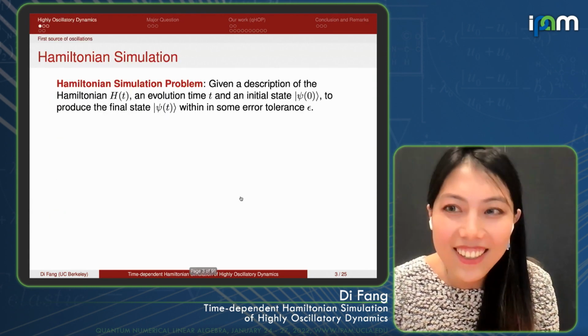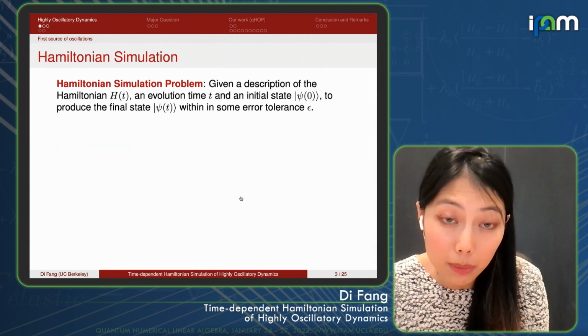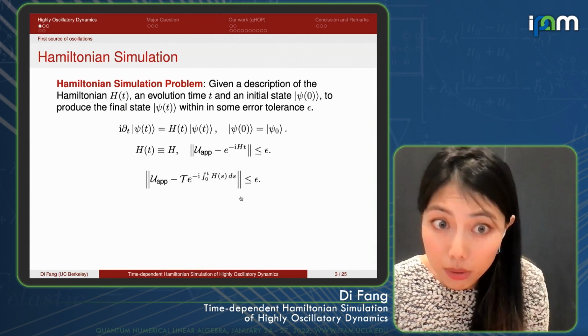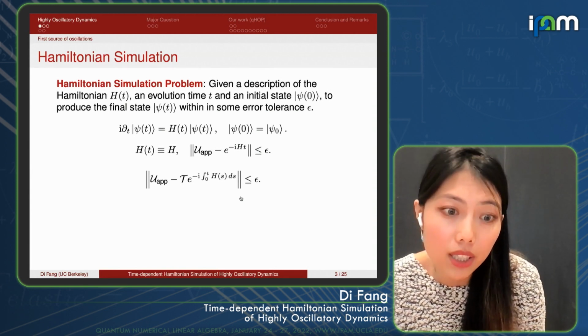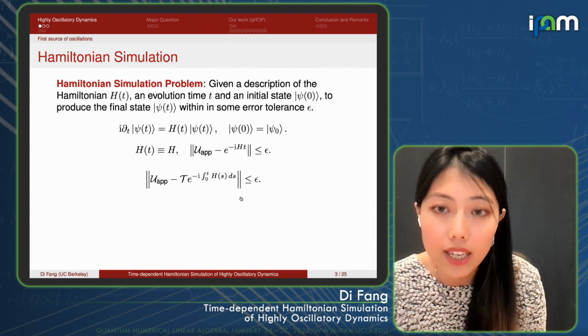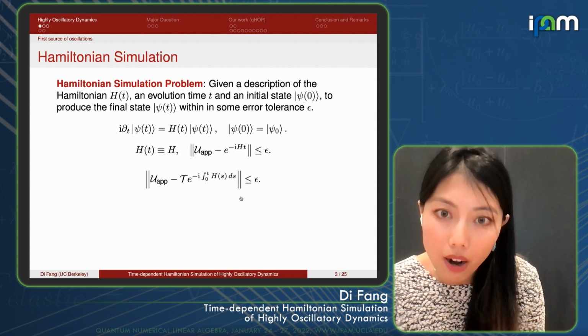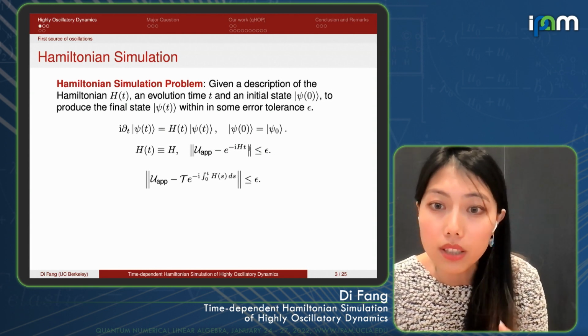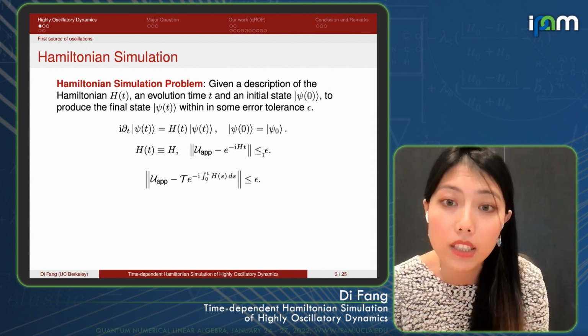So let's get started. I guess to this audience, it's not unfamiliar what a Hamiltonian simulation problem is. Let me just quickly run through the definition. First of all, we have a description of the Hamiltonian, which could be time-dependent, H(t). Then we can write out the Schrödinger equation with an initial condition. The task of Hamiltonian simulation is to construct an approximate unitary up to a certain precision, which we call epsilon, when measured in a certain